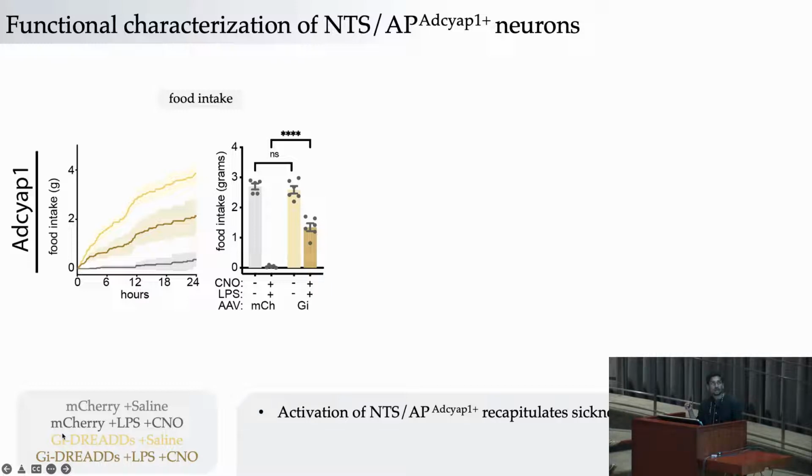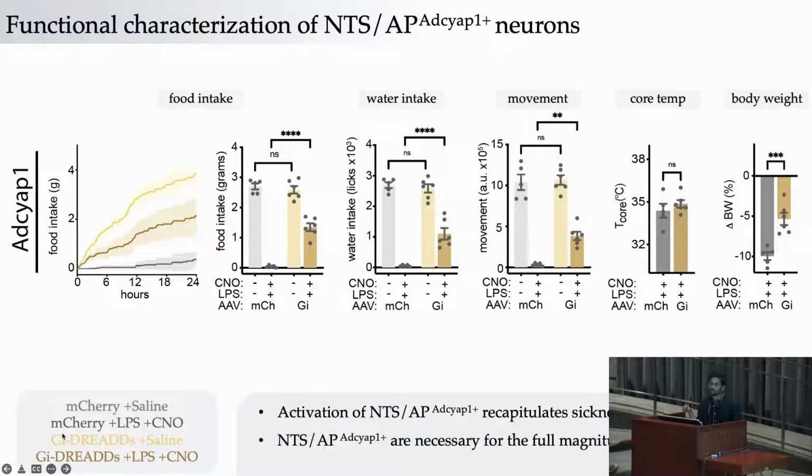of the deficit in this case in the anorexia, indicating to us that, and this held true for the water intake and movement, we did not see any changes in thermic control and with body weight as well, indicating to us that these neurons are indeed important for mediating the full magnitude of the sickness behavior response, and that there's most likely other regions throughout the brain contributing to the full magnitude, which makes sense from the different populations we